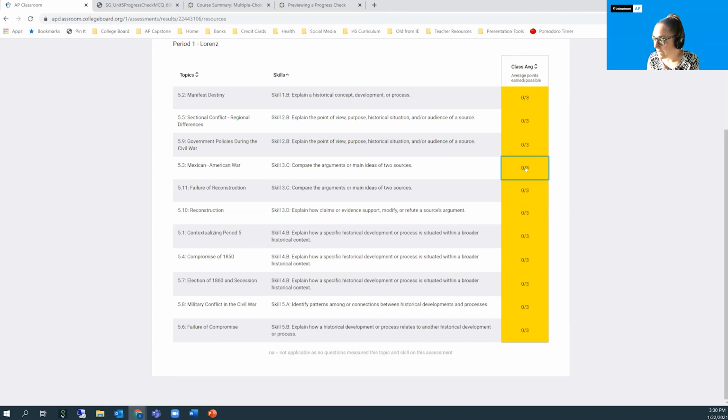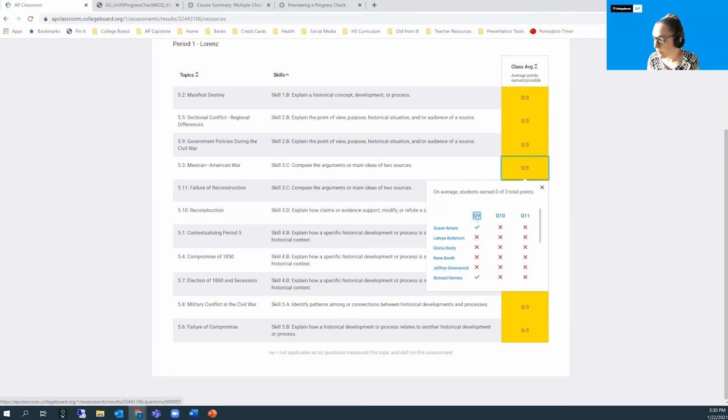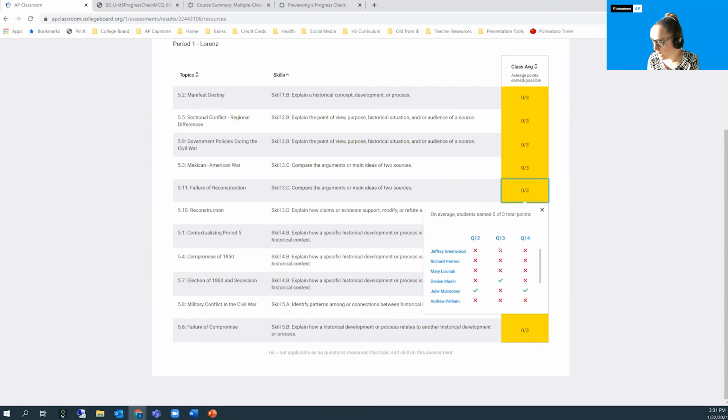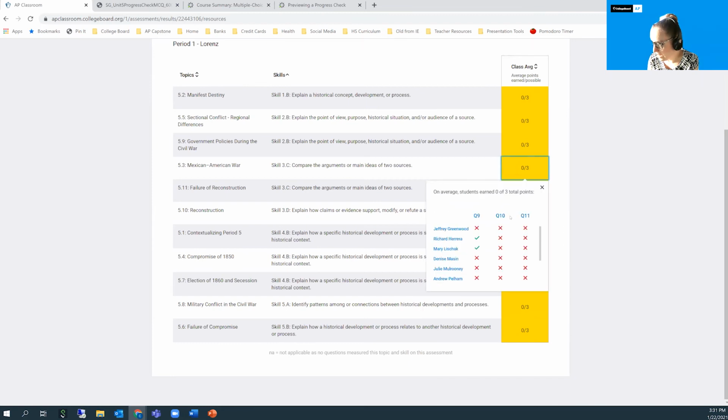I can click here and I can see which questions fell into this topic skill pairing. And I know now it's questions 9, 10, 11. I can scroll through and see how students performed here versus this one. And one thing I noticed right off the bat is that every single student in my class got question 10